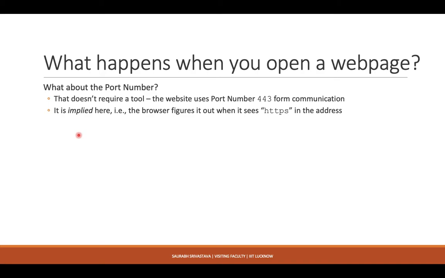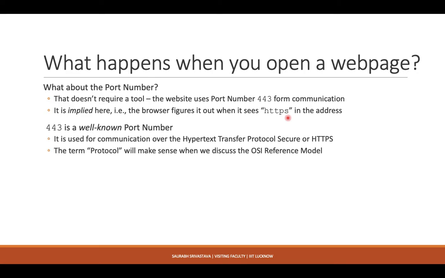And what about the port numbers? I said that a particular communication channel between two machines must have a port number. Well, we did not really supply the port number when we typed IITL.ac.in. Why? Because it is implicitly implied here. That is 443. So whenever you are going to use HTTPS, it is going to be 443. Otherwise, if it is HTTP, the port number that is used is 80. And this 443 is also known as a well-known port, as in this number is predefined, preoccupied by a particular standard,